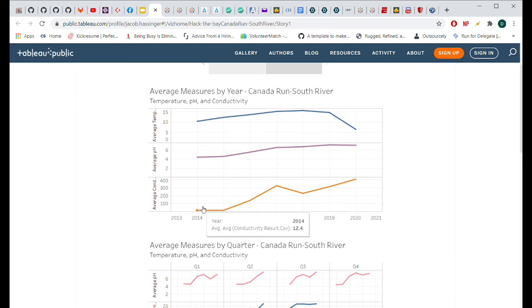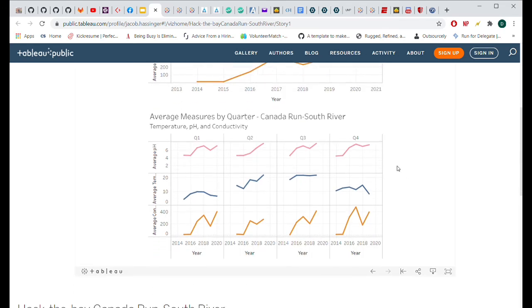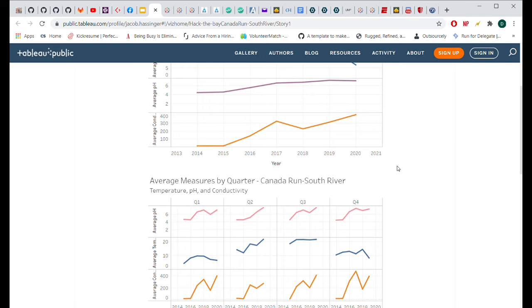And for conductivity, a good measurement is around 150 to 500. In 2014, 2015, again, it started at 12, so pretty terrible. And then it ended, the last 3 years, at 320, 225, 308, and 400 in 2020. So, a good baseline score, and the kind of score you want to see for a healthy waterway